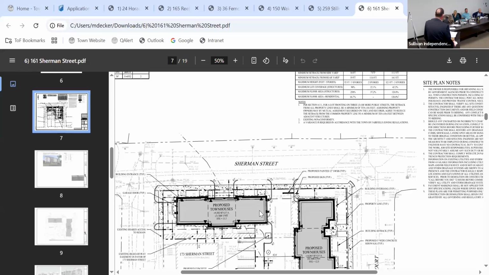That's a similar project. The 2 projects on Reef have been very successful, and this one on Sherman Street across the street has also been very successful. So this type of living, townhouse living in a town like Fairfield, walkability is most important, and not having conflicting uses on the same site, I think is very desirable.